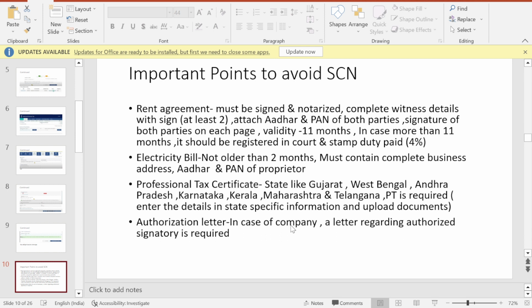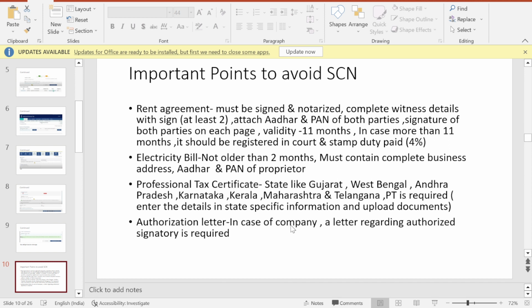This address should be as per the Aadhaar, what you are mentioning at the address of the proprietor. So is doing his business, name of business should be mentioned there, and also it should be mentioned that he has no objection of doing the business at this address. It means the address at which is your principal place of business is in the knowledge of the landlord, and he has no objection. Such documentation is required, and it must be notarized.